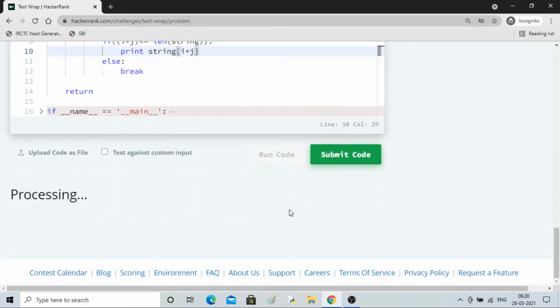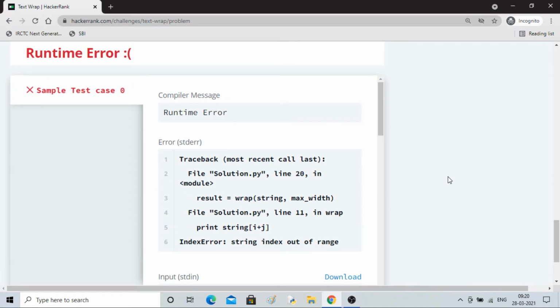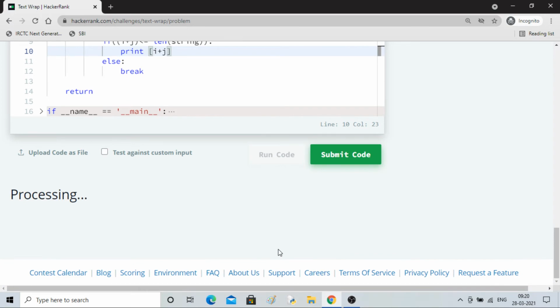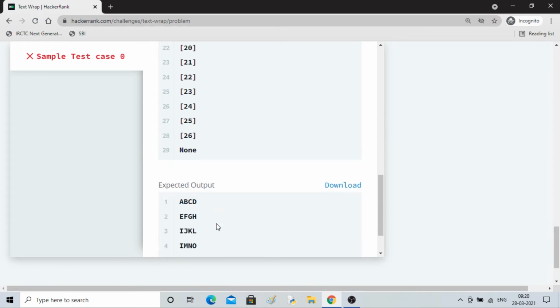We can print the string. String index out of range, but I plus j is going till 26, right?